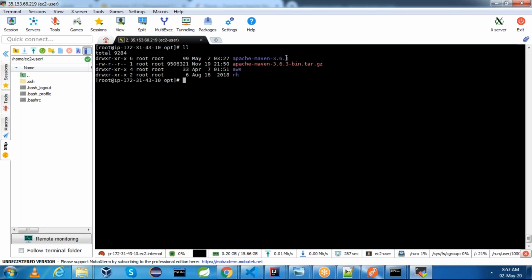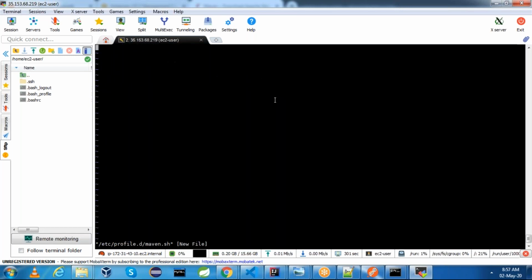And next you need to set the Maven home directory in the environment variable. You can use /etc/profile.d/maven.sh. You can define MAVEN_HOME here. It is in /opt.